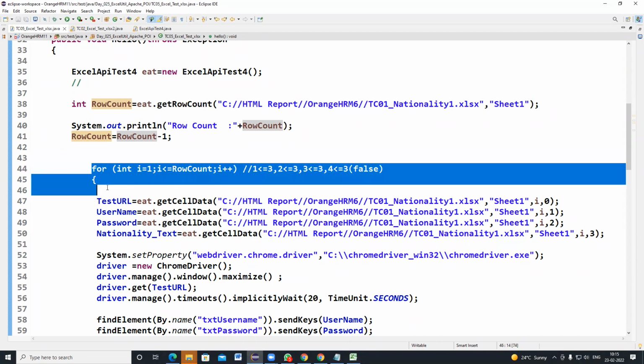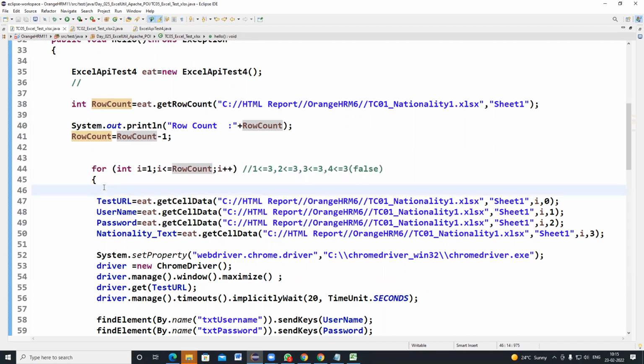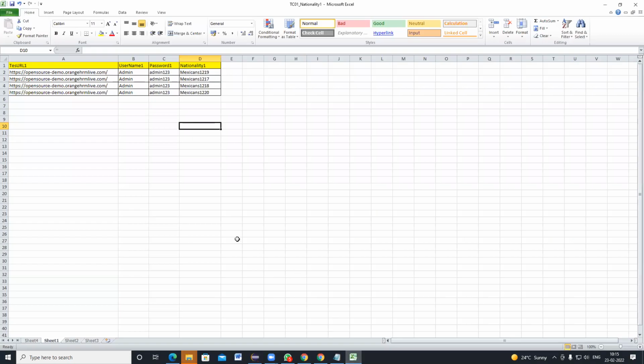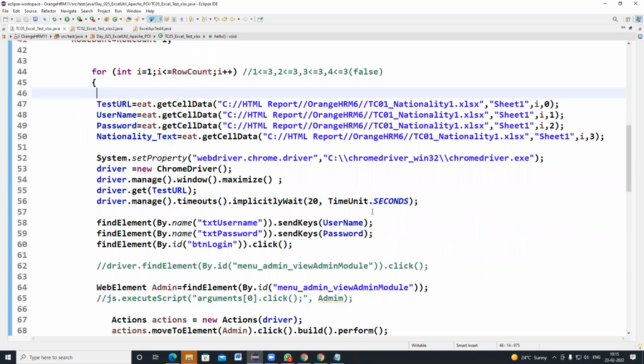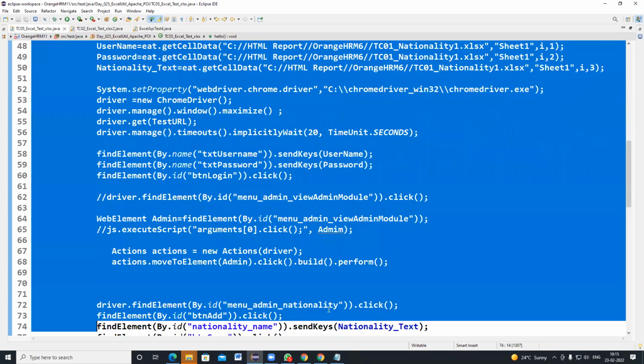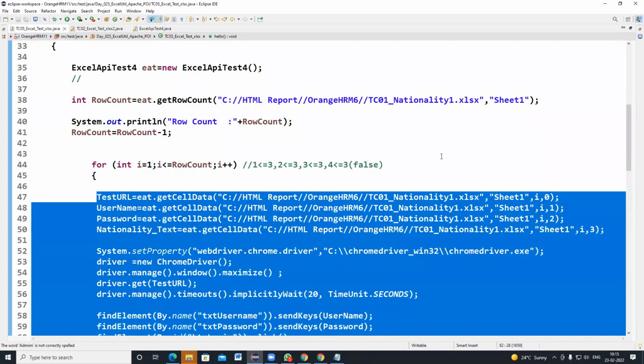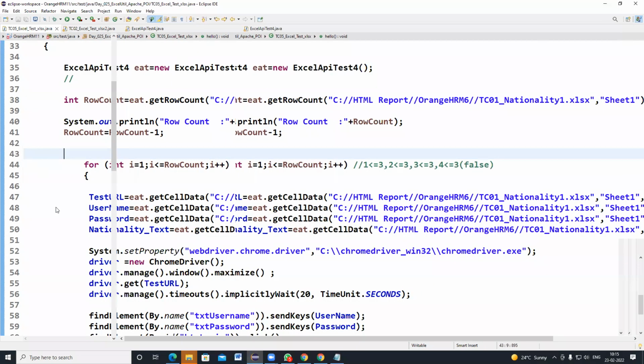So if you are writing a for loop, you are going to repeat it that many times for the number of input data. Understood the technical flow, how it is executing? So let me execute this program. This time my Excel contains 4 rows, so all the 4 rows it has to execute. Each time the set of lines of code is executing with the corresponding set of input data. Okay, so let me execute this program now.